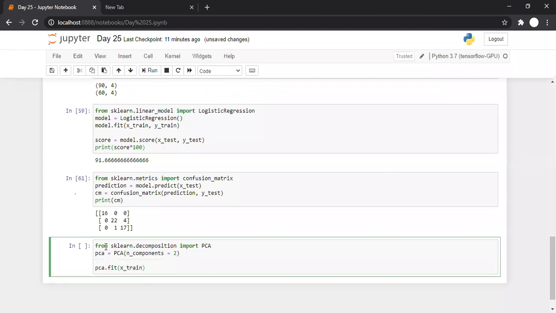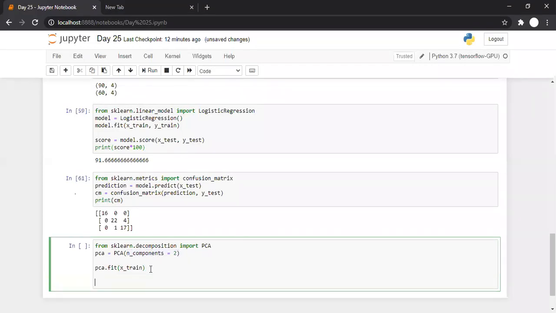The moment we pass X_train to fit, what will it do? It will do all the calculations required for principal component analysis internally, and it will identify the 2 most important features. Now it has only identified them.